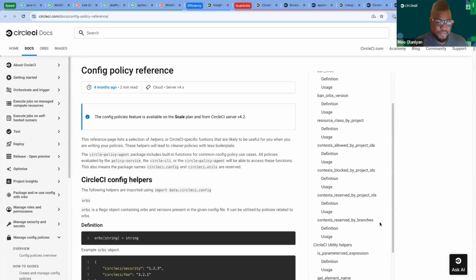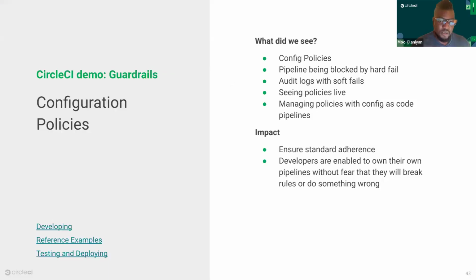So I hope all of that makes sense. So kind of going back to the original example of a new developer who wants to make an impression on day one, this helps if they do things the right way without incurring unnecessary risk based on what your company mandates. So what did we see, right? We saw our developer trying to commit to our production environment, and we saw that they were not allowed to do so because they were using credentials or configuration which did not conform with configuration policies that were in place. This allows the organization to ensure governance and standardization while also reducing risk. It also gives the developers peace of mind that they won't break anything when they release code.